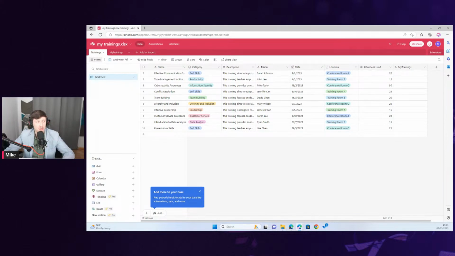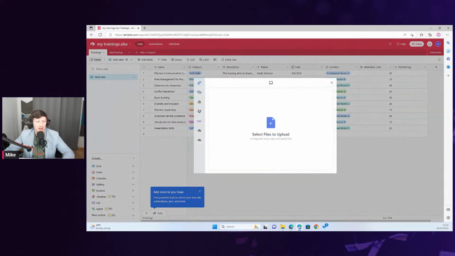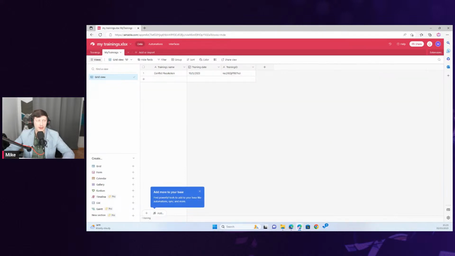In Airtable, I was able to simply import data from Excel. I provide the Excel file, and boom, it immediately displays all the data. I was able to create a second simple table where I keep all the records about the trainings I was signed up for.